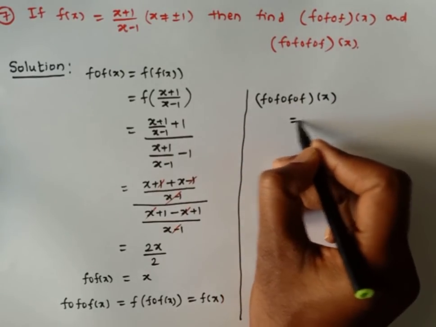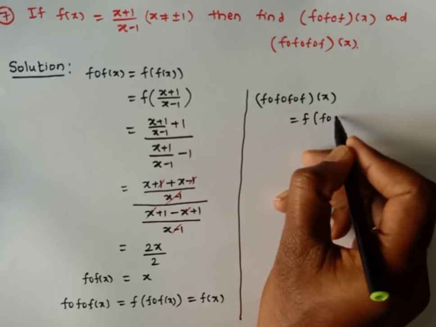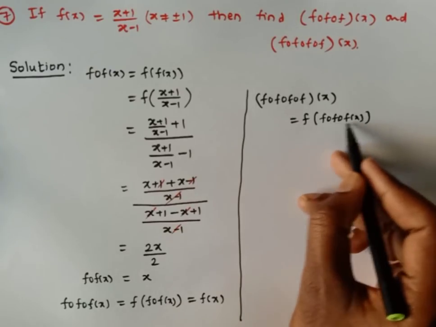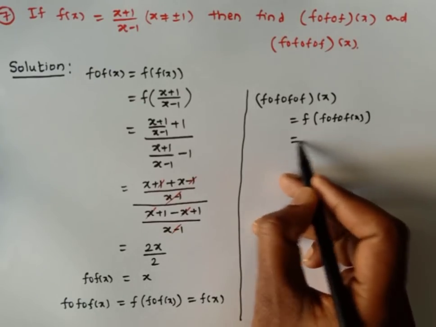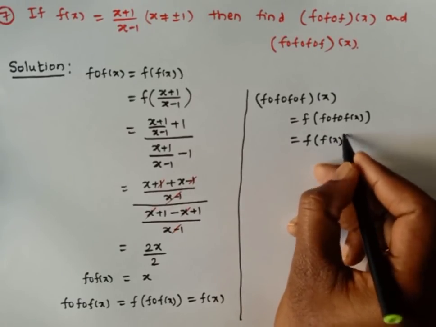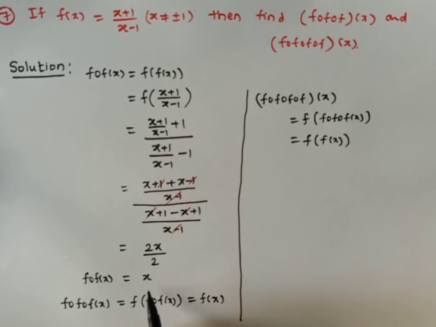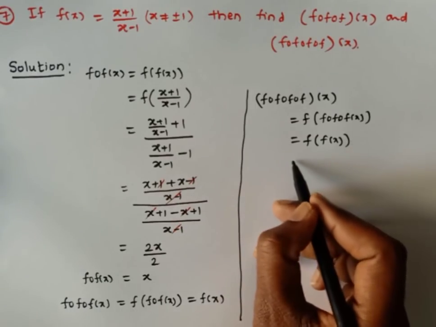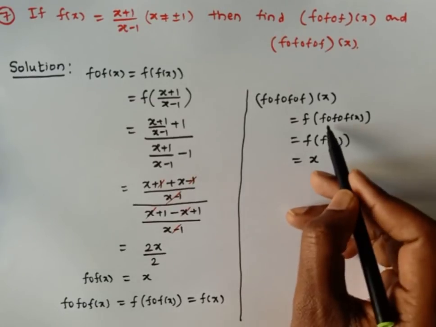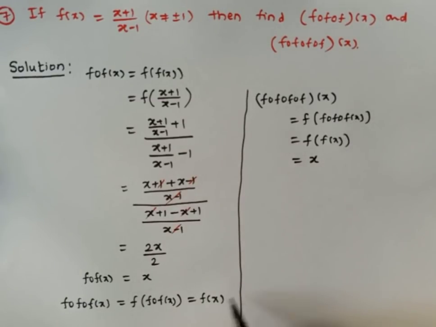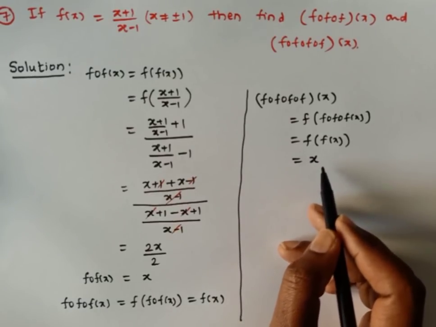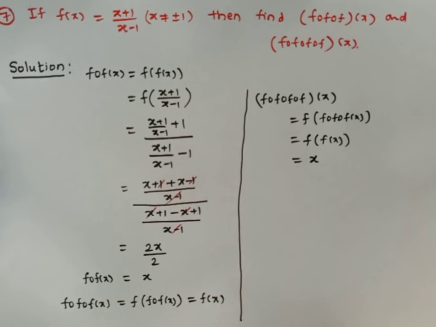Now this is f of f circle f of x, right? Already we know f circle f of x means it is our f of x only. This is f of x. Here f of x is nothing but x, means it is f circle f, so that it is directly x also. This means f of x or x plus 1 by x minus 1. If we apply f compose f, then we get x, right? So no need to evaluate directly. Now you can write it directly here.